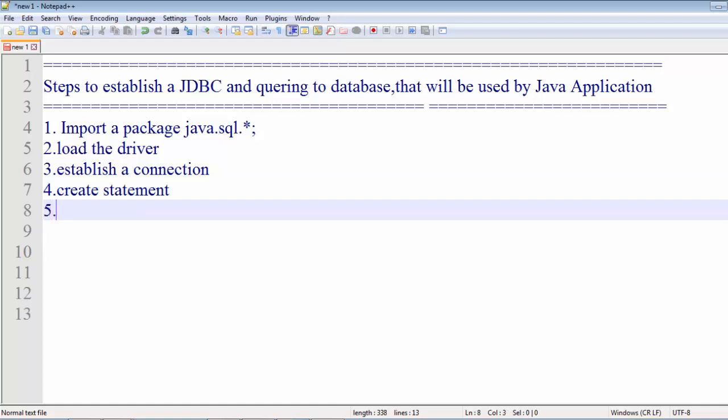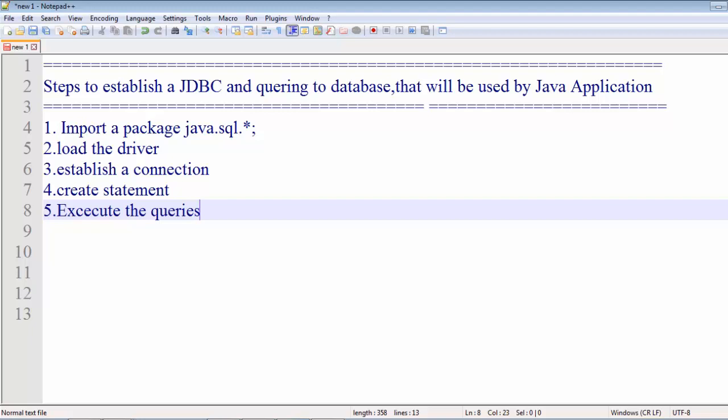The fifth step is to execute the queries provided by the Java application. These queries must be executed on the database side. The database engine will execute the query based on this statement object.